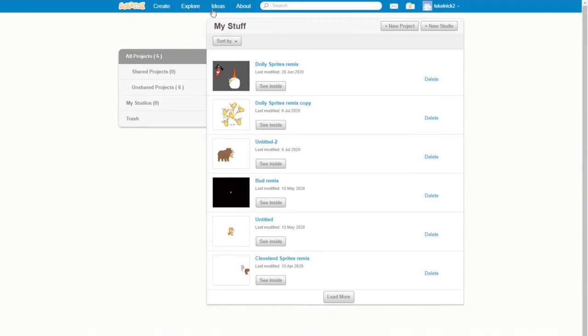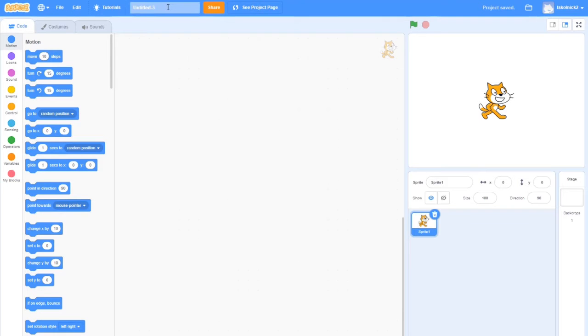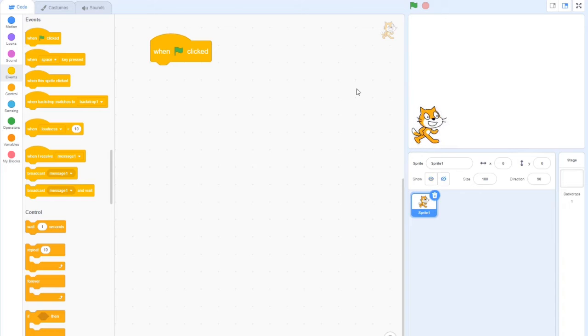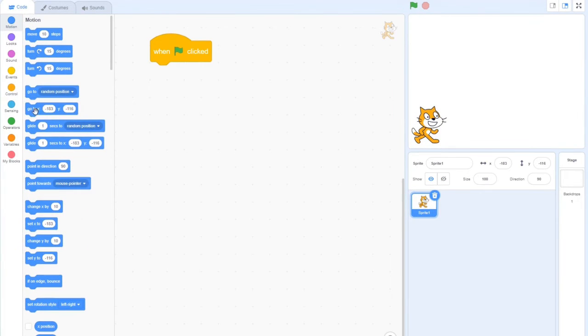Let's start with a super simple program to model gravity. Then we'll make a little game that uses it, and then we'll sell that game for millions of dollars. So we'll create a new project, and I'm going to name it Gravity. You're going to name yours whatever you want. Then we'll do the usual and start by reacting to the green Go Flag event. Then we'll send Scratchy to the lower left to prepare for a jump that's going to follow the rules of